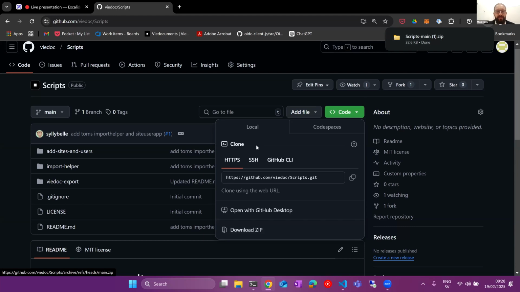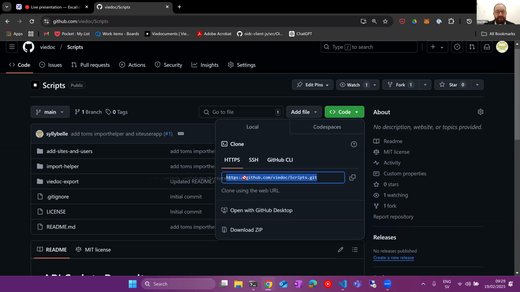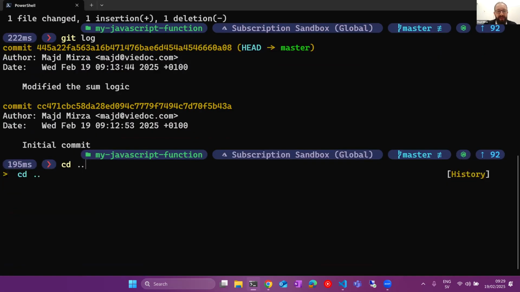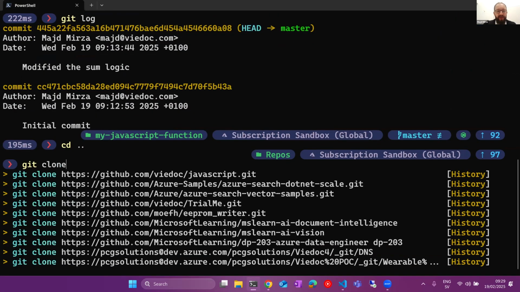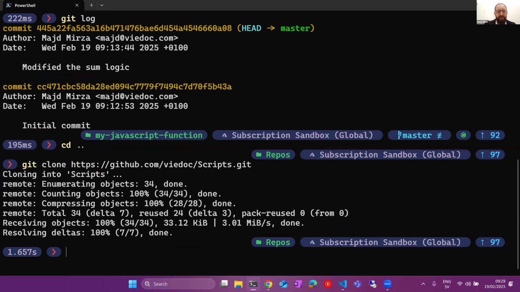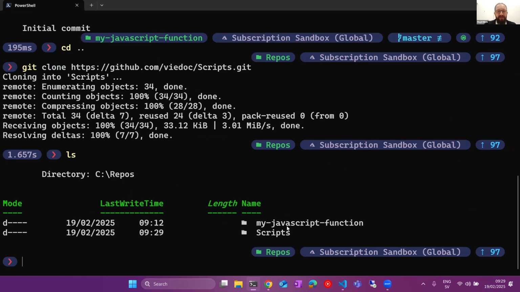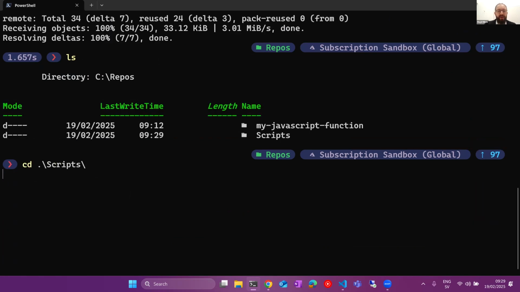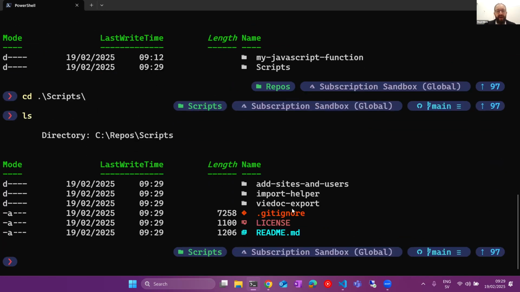And in order to do that, in Git, you use something called clone. And this is the URL for this repository that you can use to clone these files. And again, it's a very simple command. I didn't plan to, but I can actually show you this very easily. So if I do git clone and then paste that URL that I just copied from the page, we'll see here that all of a sudden I have a scripts repository. And if I go inside that one, I'll have exactly all the files that we had on the